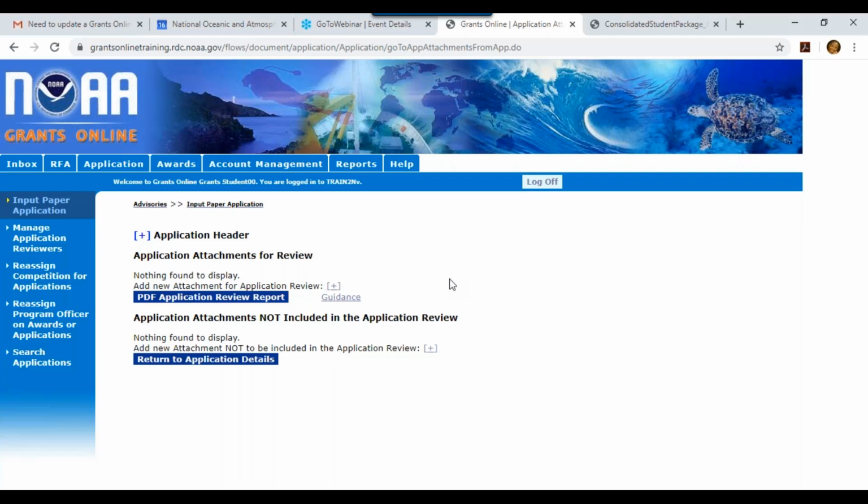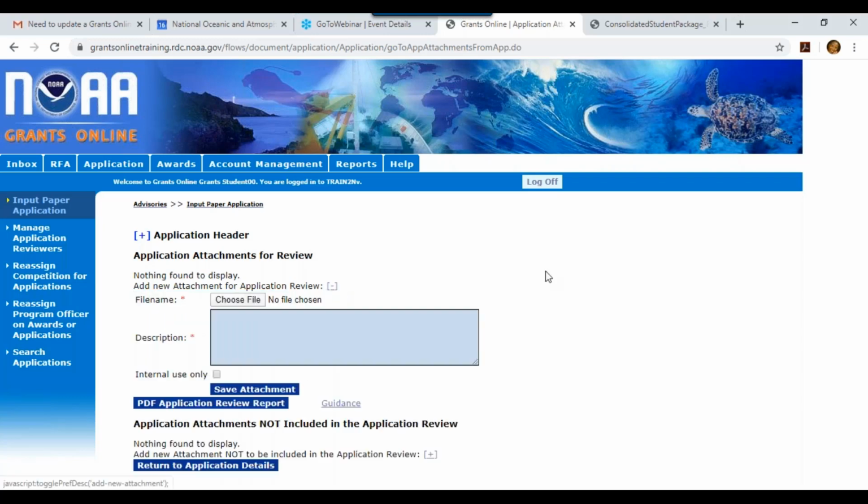This is important because when you get an application that comes in from grants.gov, you will get a variety of forms, your required forms, but then there's a couple of extra forms that just come in because they're coming through grants.gov. Those additional attachments don't need to be included in the review, and so they can stay at the bottom portion of this screen. So let me just put in a couple of test